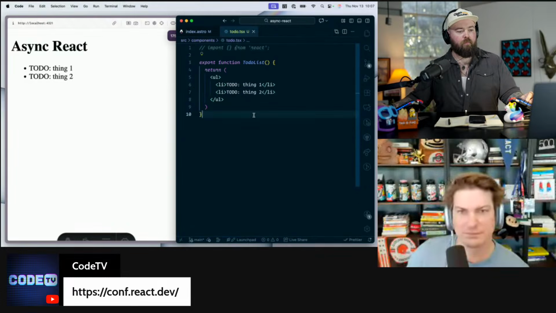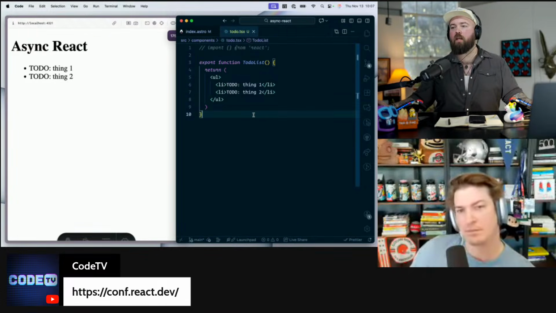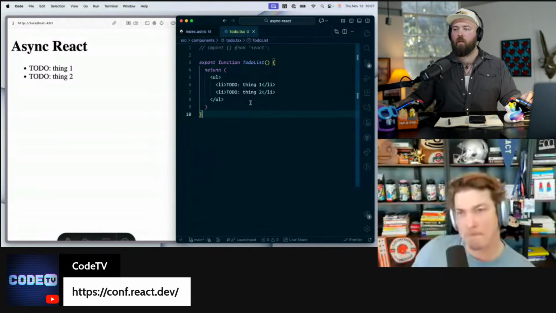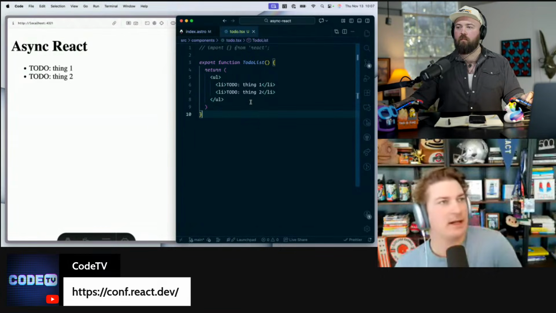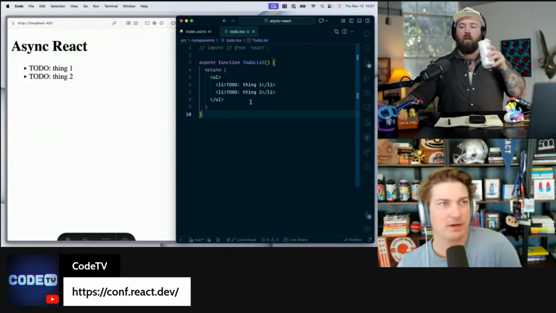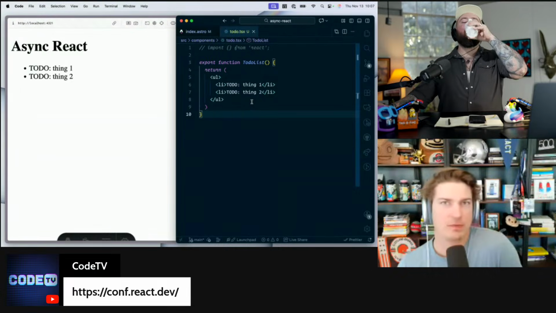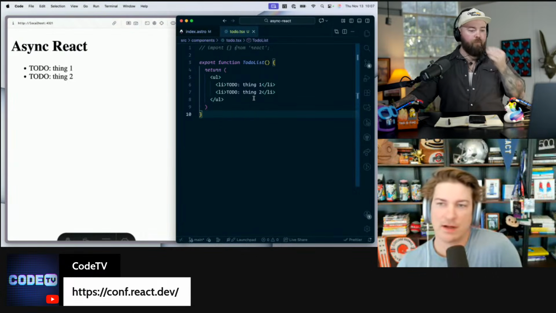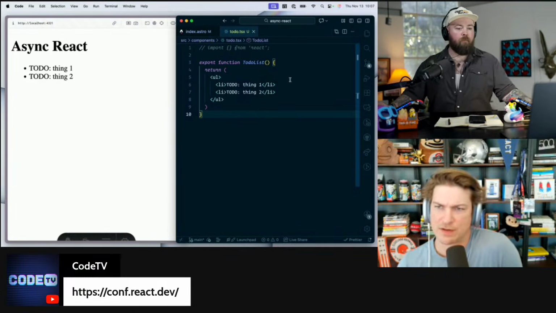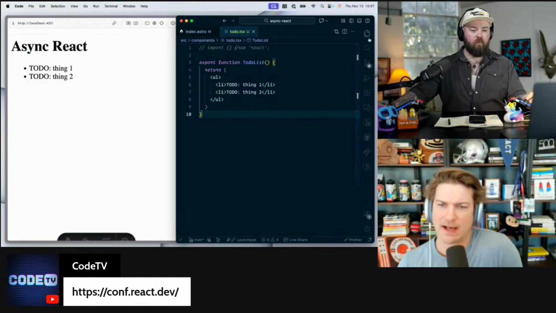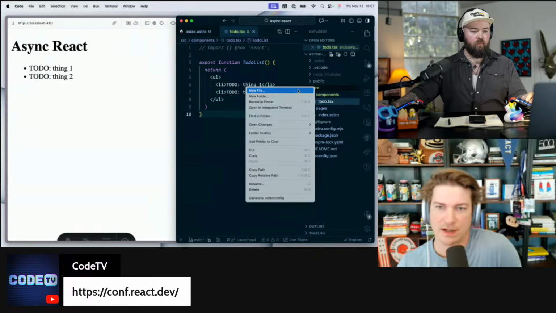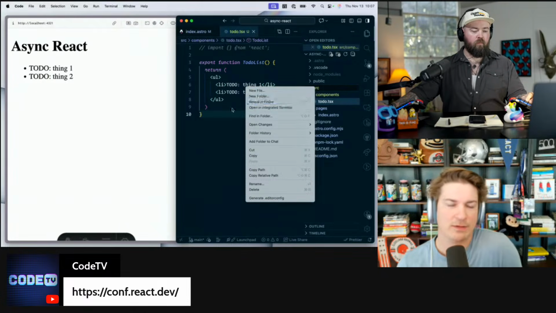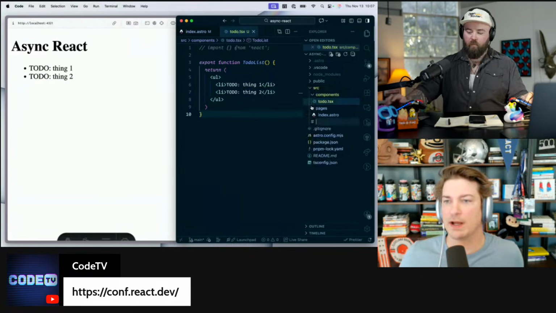So how should I actually set up our components here? Yeah, I think a good thing to do for the learning aspect is we need to get some requests in here to fetch some data, and then we need to be able to add a to-do. So we need some posts. Like, how would you build this if you didn't know anything about the new React features?